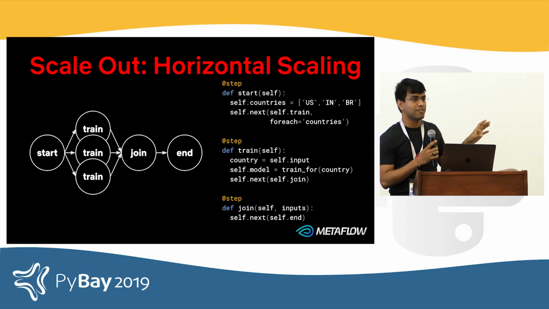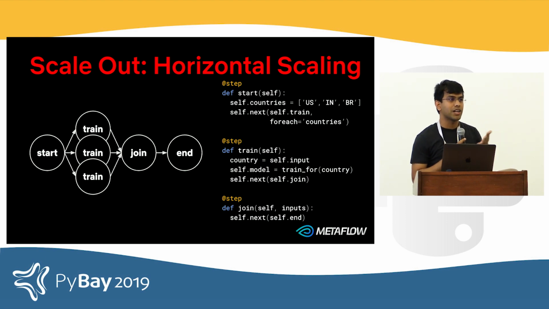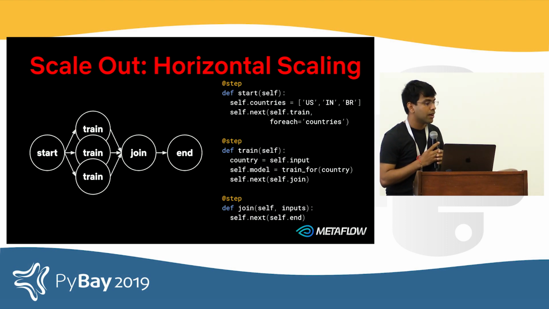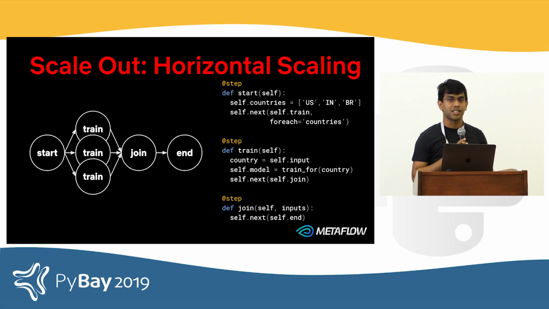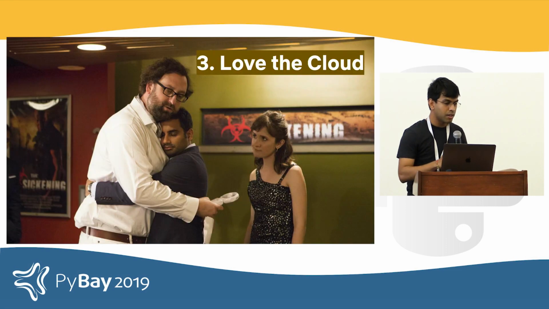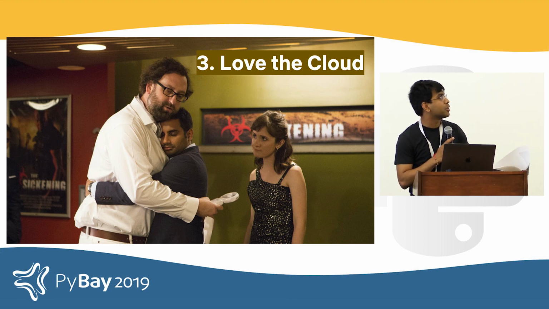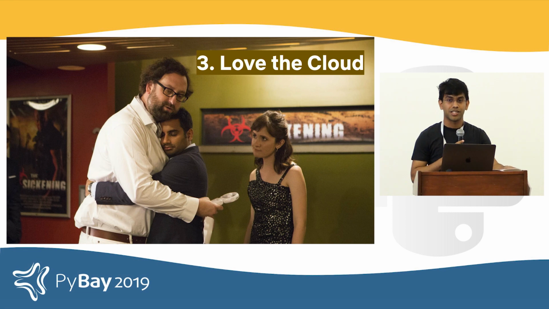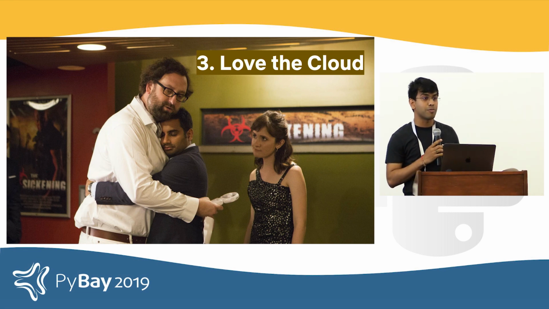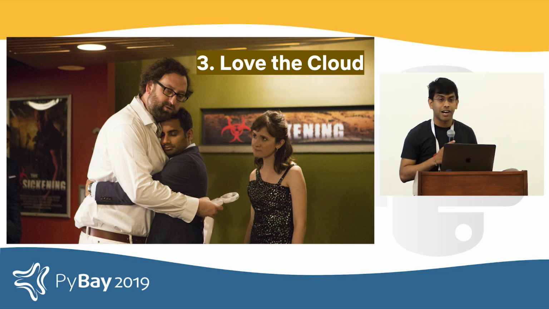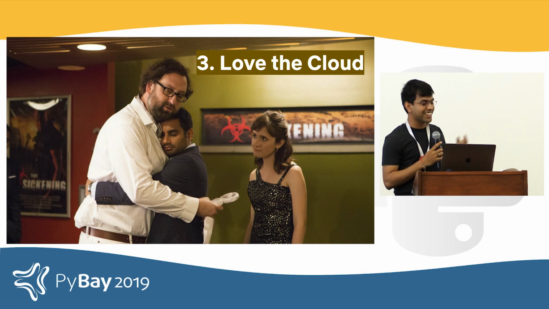This works quite well for the problem at hand, because generating per-country models, the one for the US, probably has nothing much to do with the one for India. And the same concept could also scale to other things, like a hyperparameter search, for example. I already alluded to this a little bit when I spoke about AWS, and how the cloud is actually making it quite easy to farm off compute. But it also has so many other goodies to offer. At least we at Netflix are cloud first and love the cloud.